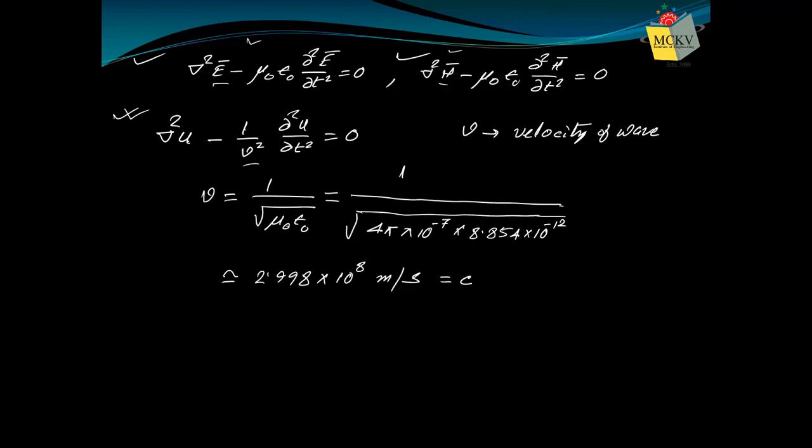And this is a very, very amazing result. Why is this amazing? Because perhaps it tells us that light is an electromagnetic wave. Now, of course, this conclusion will not surprise you nowadays. But think of that time, Maxwell's time. At that time, this was completely an amazing phenomenon, an amazing result.